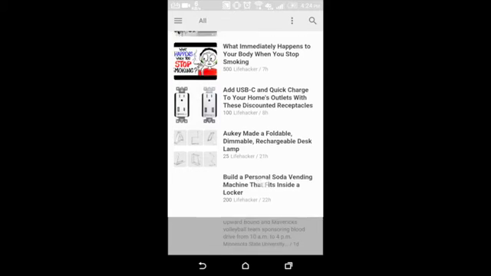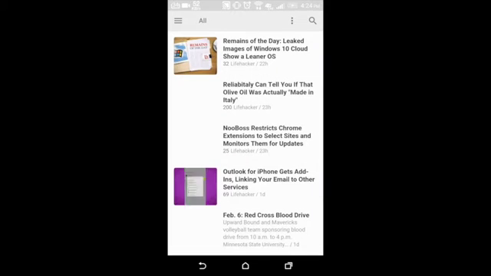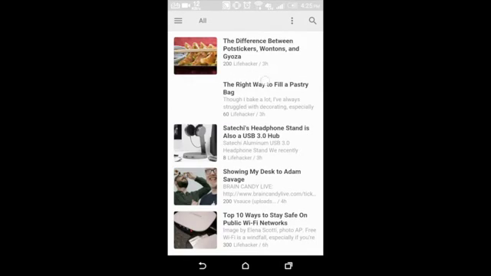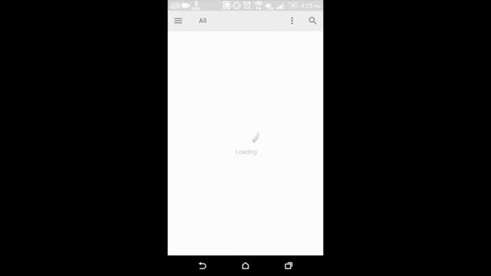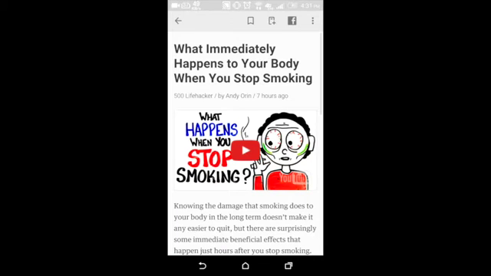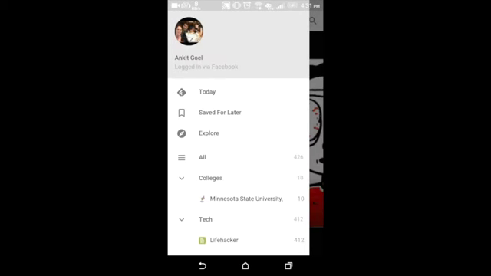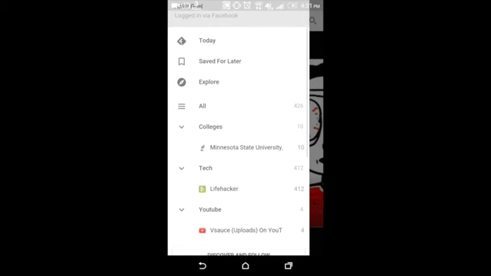That's the whole idea, that you don't have to go through all the magazines. It's one place where you can do all the reading. So let's talk about all the gestures that are present in Feedly. So I'll start off by selecting